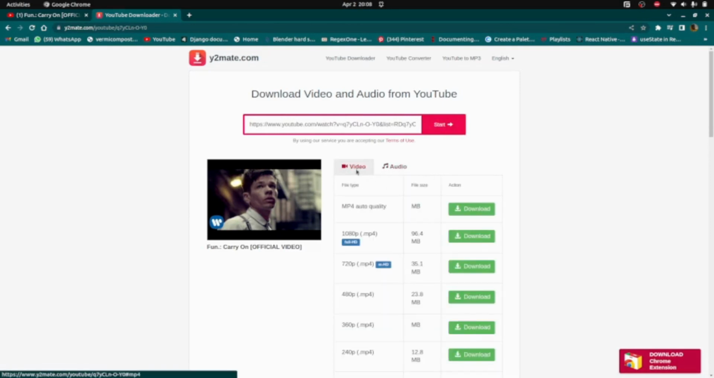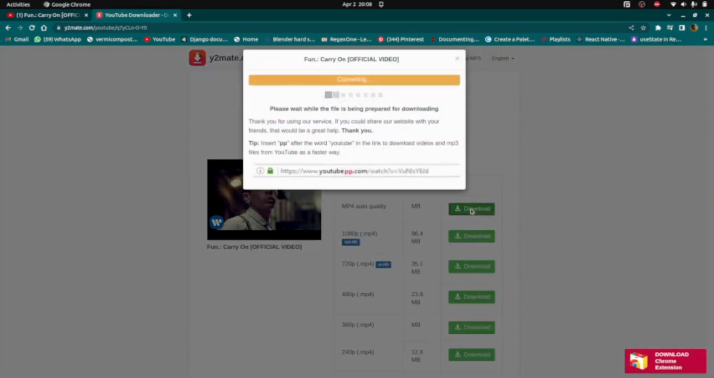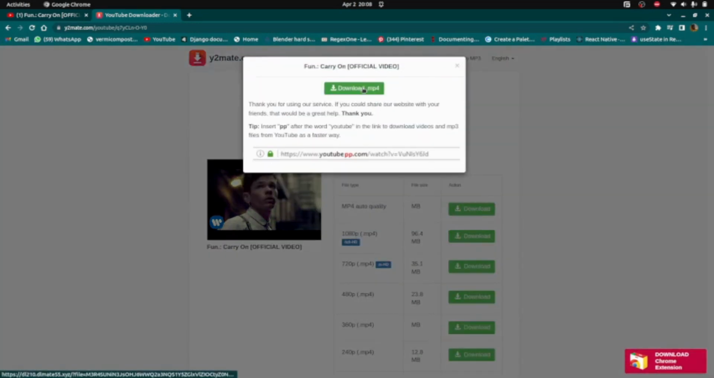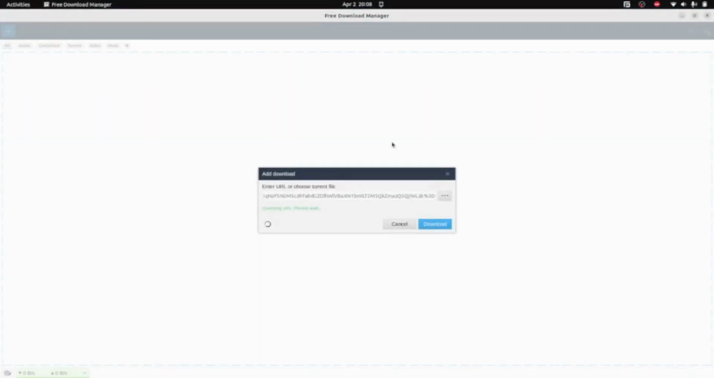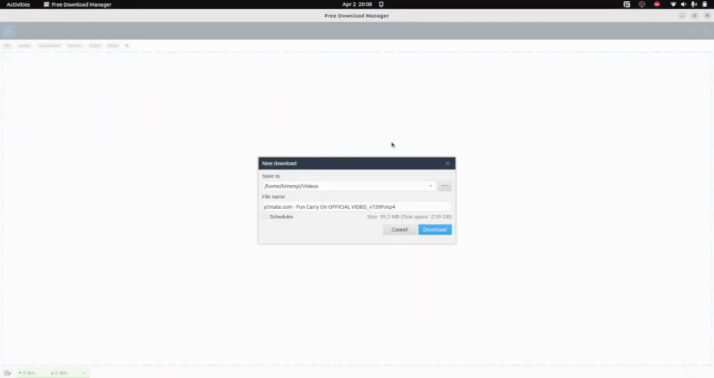And when I click it here, let me just click on download and right click on download. You see Free Download Manager is there, and once you click it, it will just get that URL and save